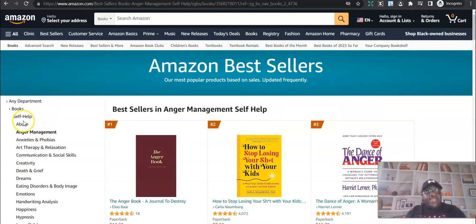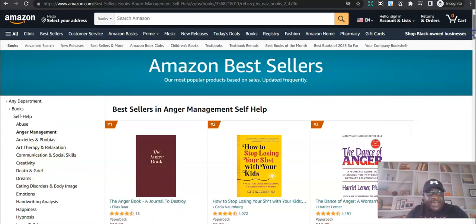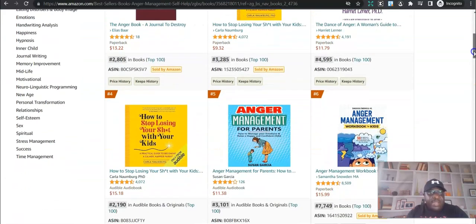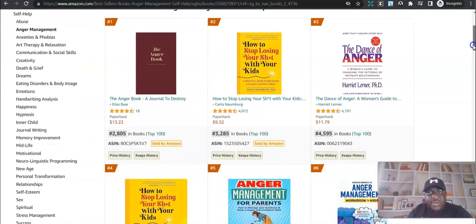So you can see under self-help, which is the category, we niched down, we drilled down, we picked anger management, and anger management brought out other subcategories you can choose. Let me scroll down again. Okay, these are still categories. Under anger management, it gave us the bestsellers, all the books here that are bestsellers under anger management, as the top says, bestsellers in anger management, self-help. So I might just want to scroll down and start looking at all these books.